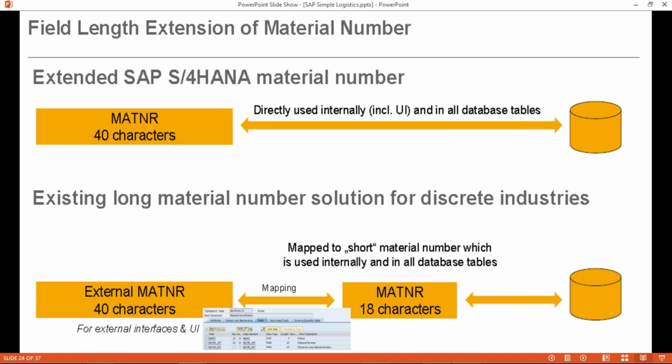So, just to give one example: the material number was previously 18 characters. Now they have made it 40 characters. Previously, what was happening? In the internal table database, the length was 18 characters, but whenever we are using a third-party device or a different